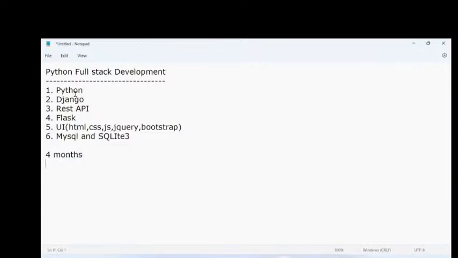And if you are looking only for Python, core Python and advanced Python, that means basic and advanced level Python, then the duration of the course is 45 days, or 50 to 60 days. Maximum 50 days it will take to finish core and advanced Python. So now coming to this: